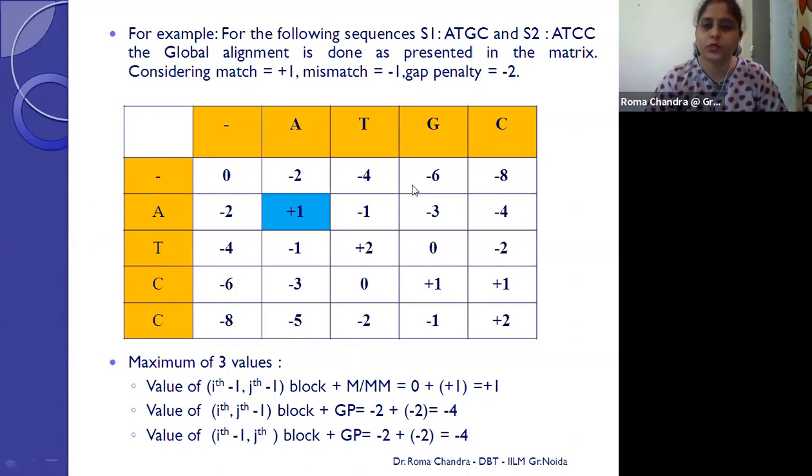In the creation of this matrix, I suppose the gap penalty value as -2. So wherever I'm considering there is a gap, it is because I'm considering the condition of indel, that possibly there is an insertion or a deletion. Insertion in one sequence or deletion in the other sequence at that particular position. This is my hypothesis, and based on this, I'm going with the calculation of my gap penalty value and using that gap penalty value here for my calculation of the alignment score.